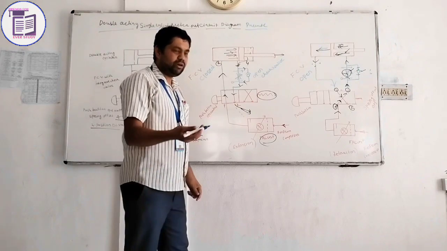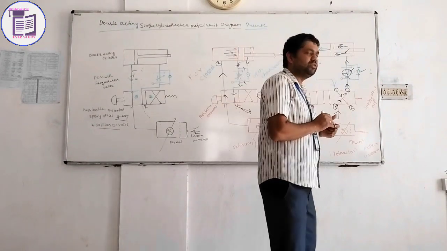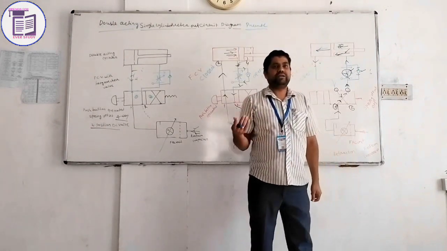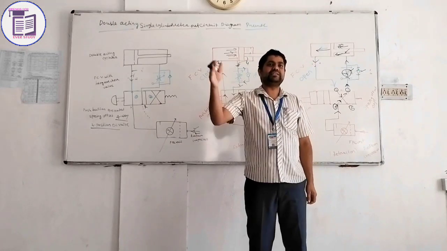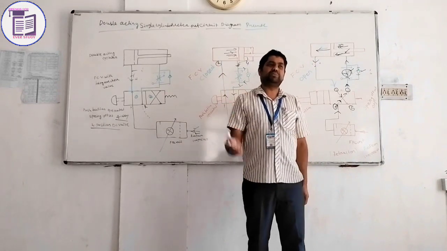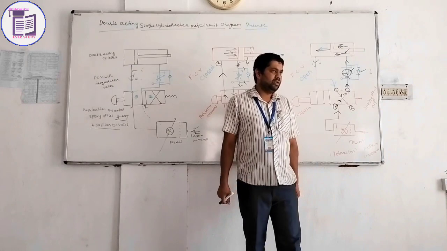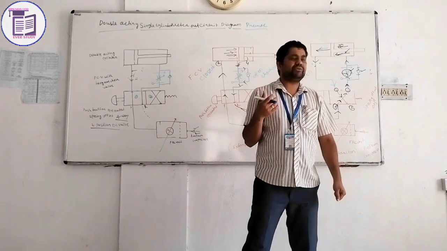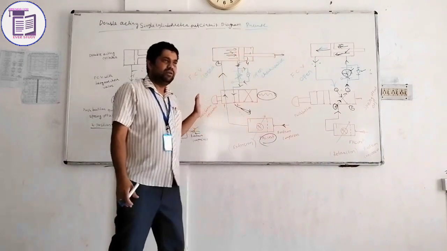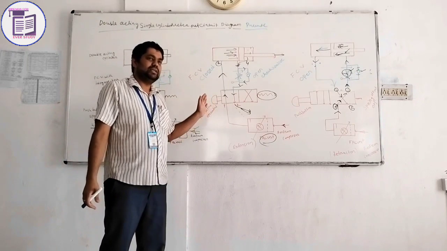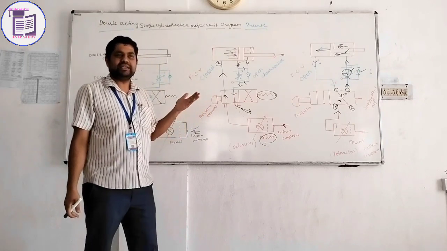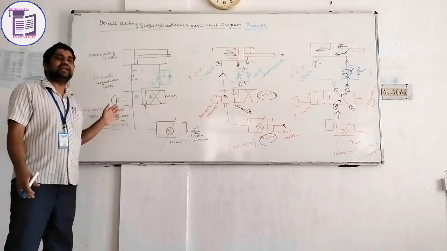How? When you consider something like a hydraulic cylinder, when extension will be required, then you will use the meter in circuit where the load will occur. When load on the retraction side will be required, you can use the meter out circuit diagram. The load is where you use the important part. That's why you use the meter in and meter out circuit.